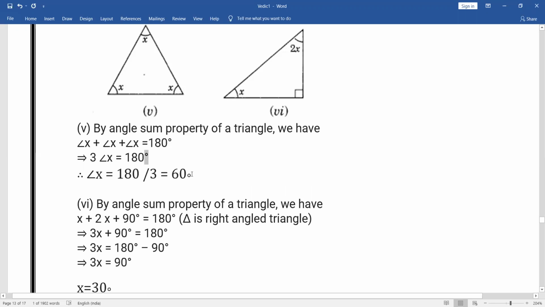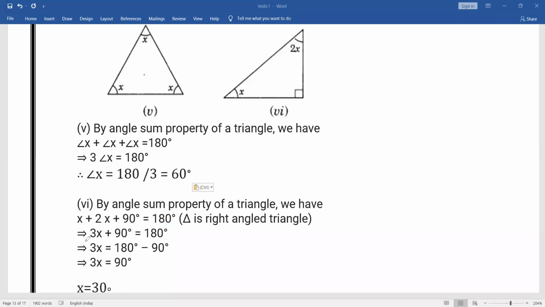Same, the sixth part. See what is the sixth part? In this sixth part, two unknown angles are there. What are these two unknown angles? 2x and x. And the third one, just see the diagram carefully. This is a right angle triangle. So the third angle is automatically 90 degree. Sum of all these three is 180. When you are adding x with 2x and 90, the sum is 180.